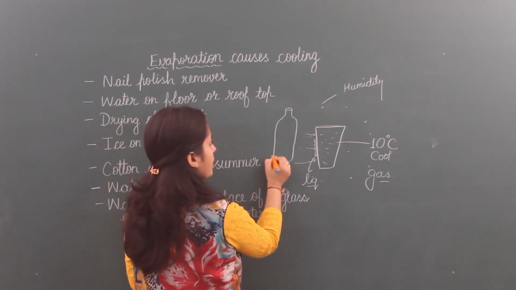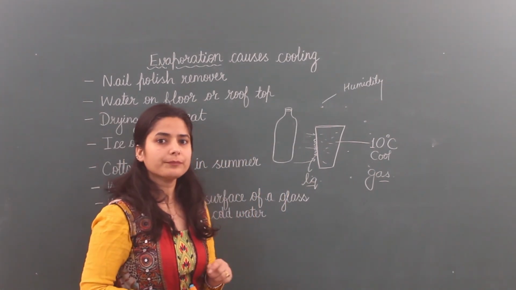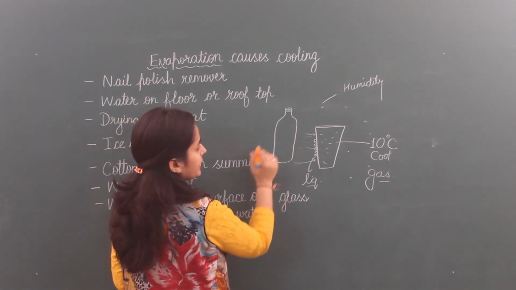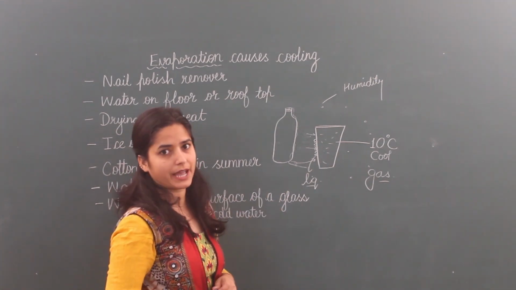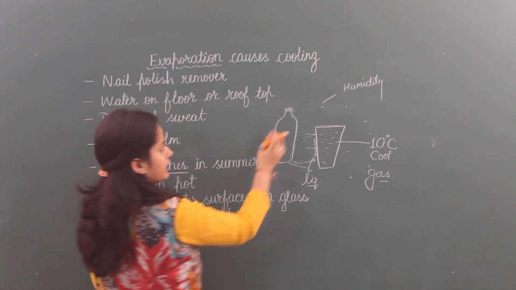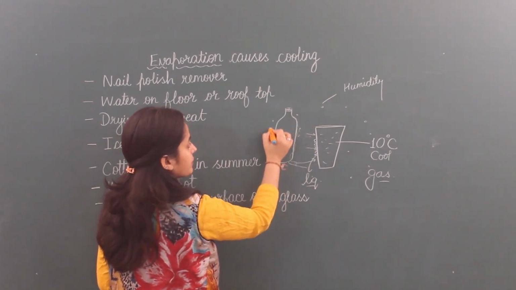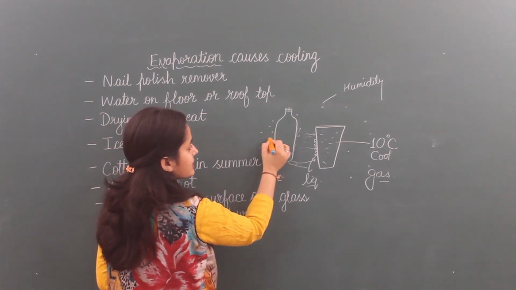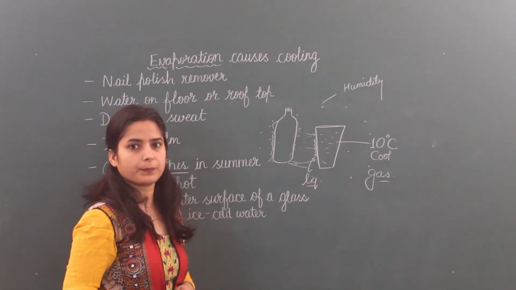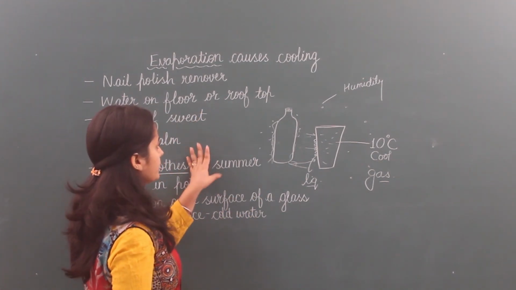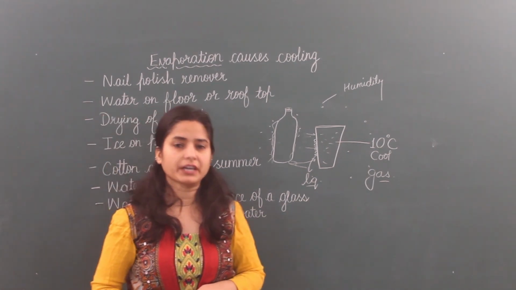Maybe some of you think that when we take a bottle out from the refrigerator or fridge, due to leakage of water, water comes outside. But it is not due to that. It is due to evaporation. The inside water is not coming outside, it is only the outside water which was present in gaseous state. Now it is in liquid state and starts to flow here. Okay. These all were due to evaporation. So evaporation is very important.